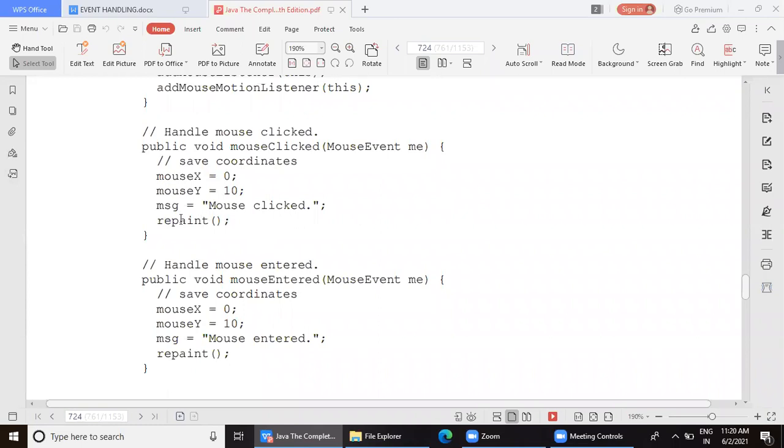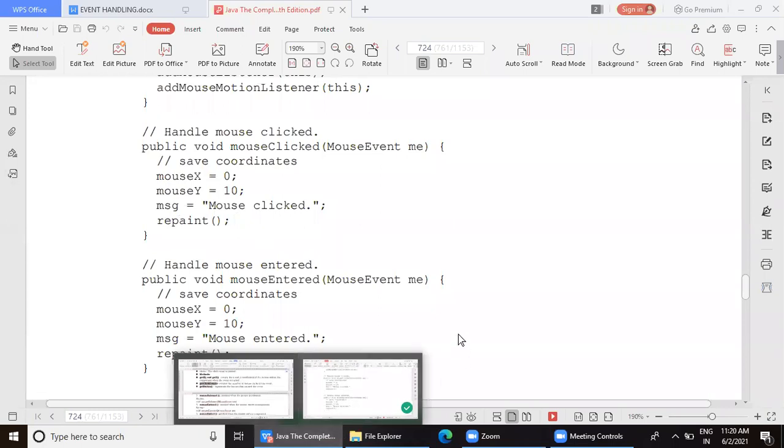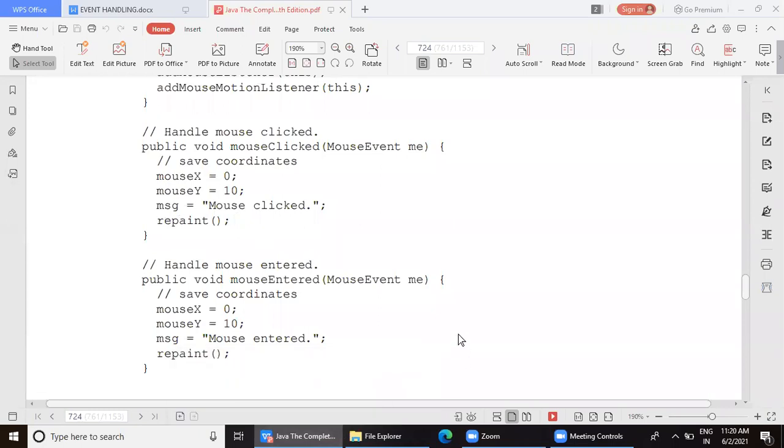Paint is called, yes. Ma'am, what do paint and repaint do? We don't know. Yeah, last time I had told you what paint does: if you have to display any message on the applet body directly, not on a text field or a label, directly on the applet body, at the time of execution, like welcome to applet programming, a simple program we had taken last semester. So to display anything on the applet body, we require a method called paint.